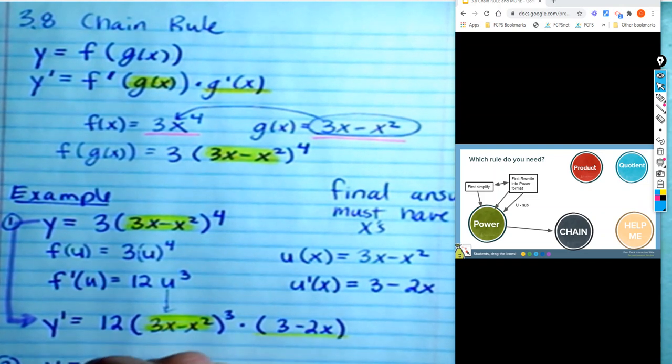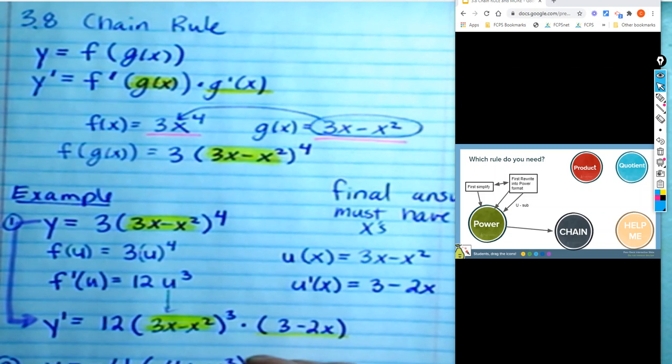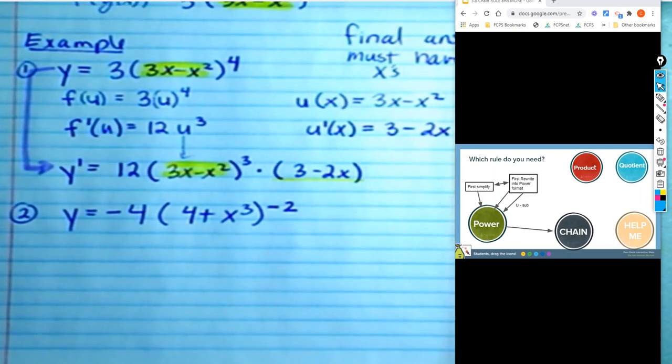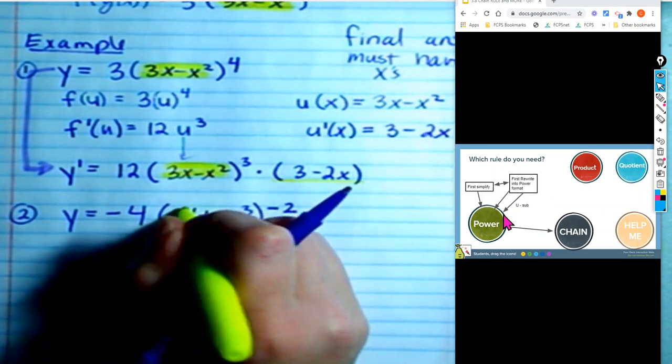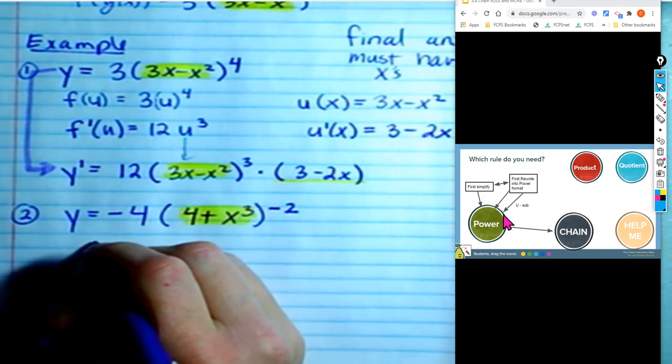Y equals negative 4 plus x cubed to the negative 2 power. Okay, highlight the part, okay, simplify. Don't think I can do that. First, rewrite into power format. Seems to already be in power format. Does u substitution work? Yeah, if I can highlight this inside function, and when I separate them, okay,